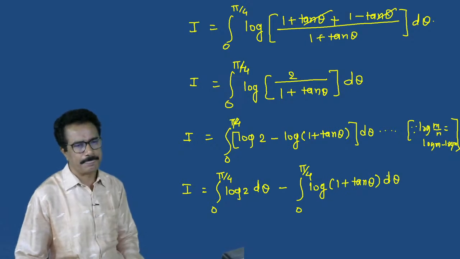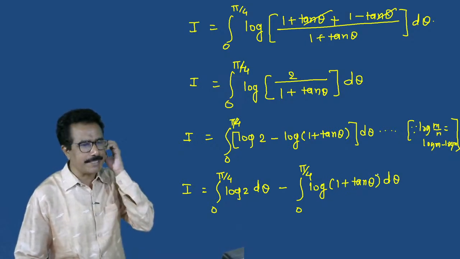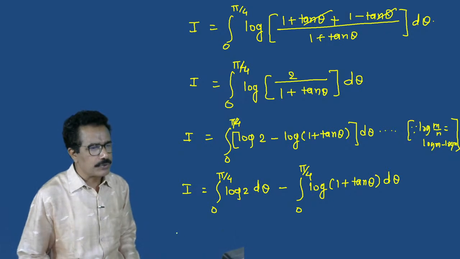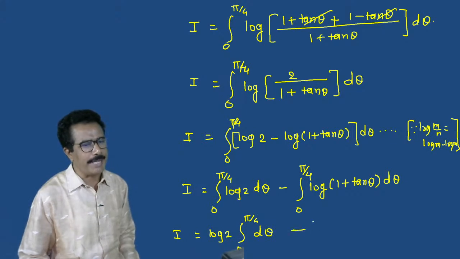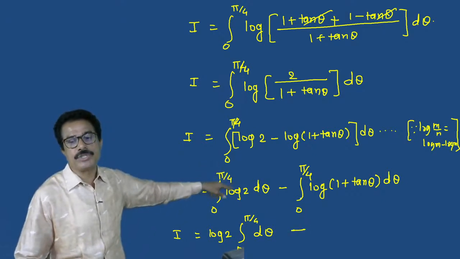Is it okay? So I is equal to, log 2 is the constant term, so the integral from 0 to pi by 4 of d theta minus, see this, the integral from 0 to pi by 4